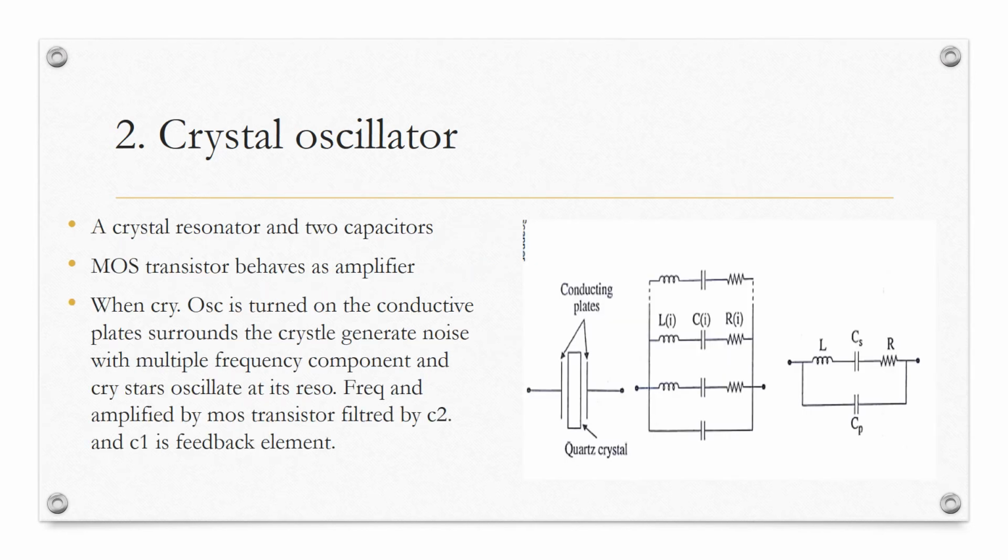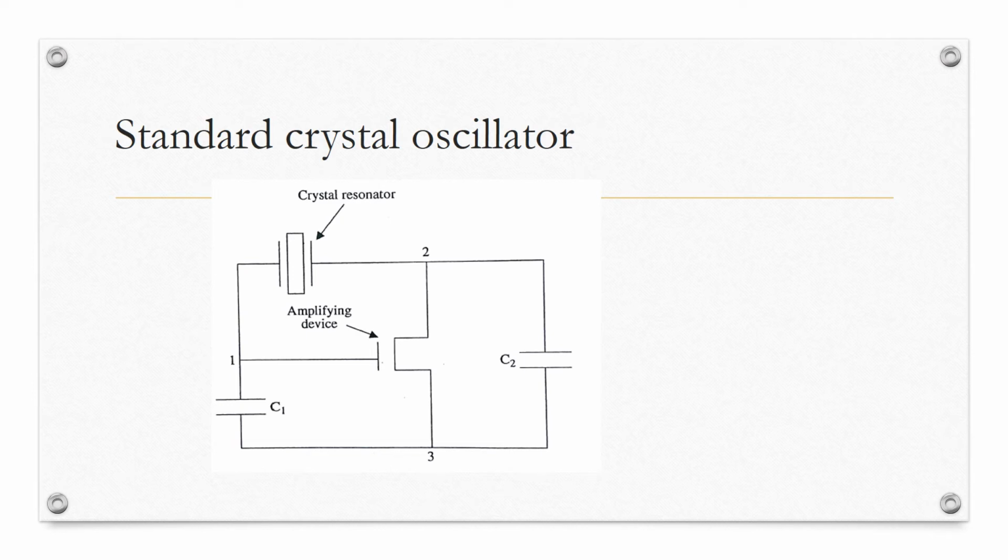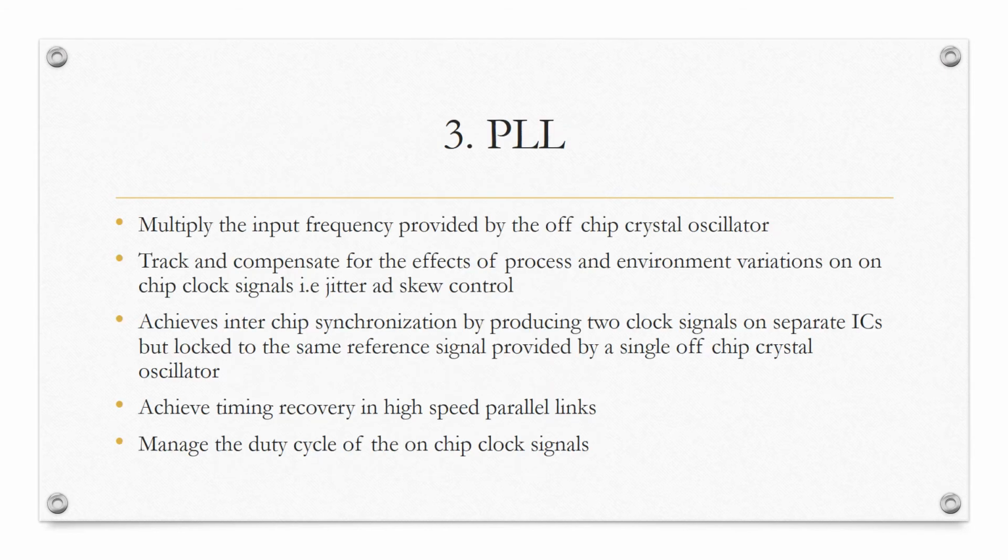Here is shown the crystal oscillator, and this is its circuit diagram. One crystal is connected in a tank circuit, and we have two more capacitors. Together this will be able to generate a stable frequency of a maximum of 30 to 40 megahertz. So why does a crystal oscillator have limited frequency generation? It only addresses up to a 30 to 40 megahertz frequency requirement. Higher than that cannot be generated using a crystal oscillator.